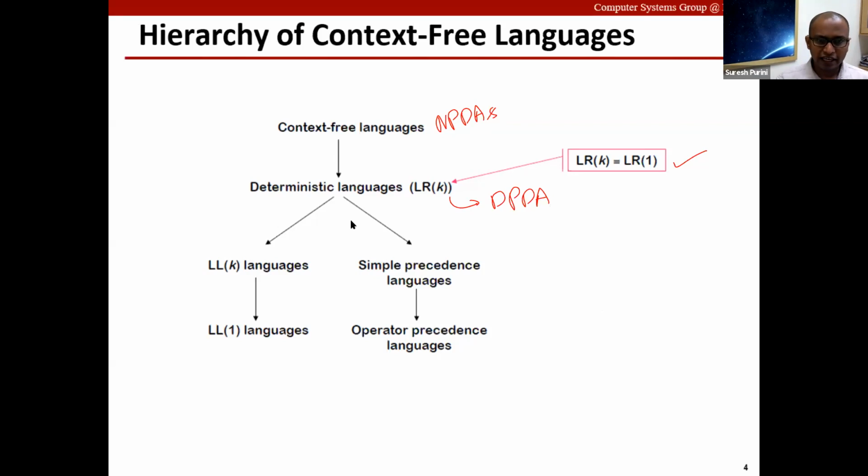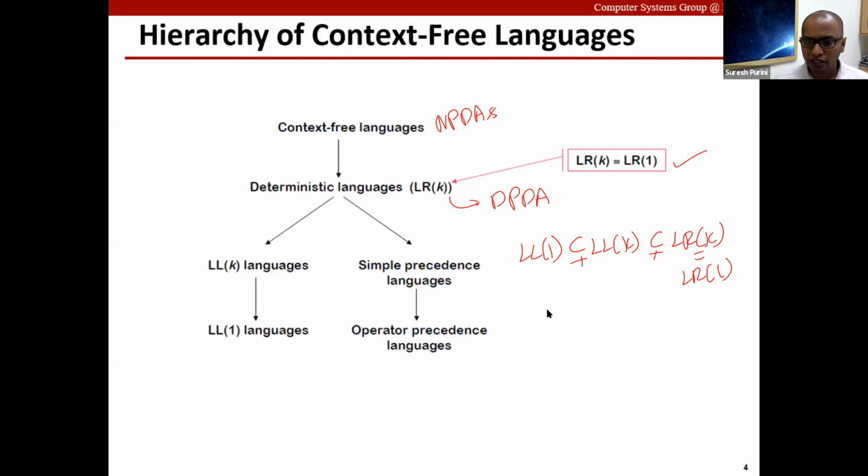And then LLK is strictly contained in LRK. And we know that LRK is equal to LR1. And we also know that LL1 is strictly contained in LLK.